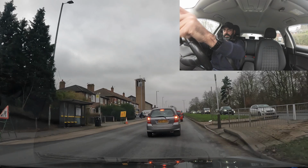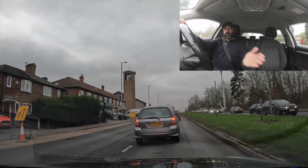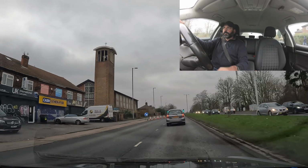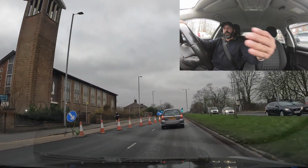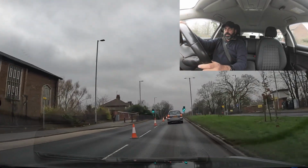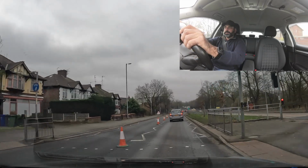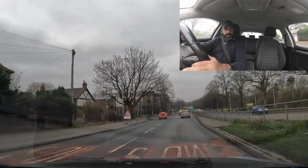So again, that sign repeats, a sign coming up telling you that the left lane is being closed, so move on to the right lane, which is the active lane at the moment. If you try to merge yourself from here by the cones, it's not a good impression to the examiner as well, that you've been cheeky that way, forcing your way in when you had seen the sign previously. So the roadworks end there, so I'll go back into my lane